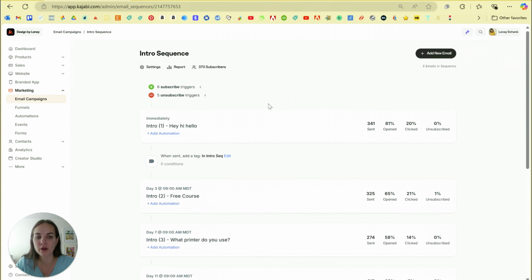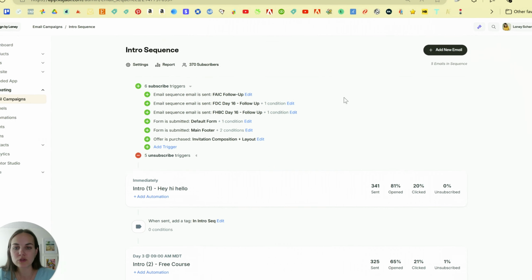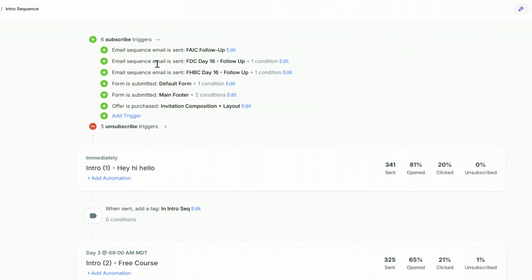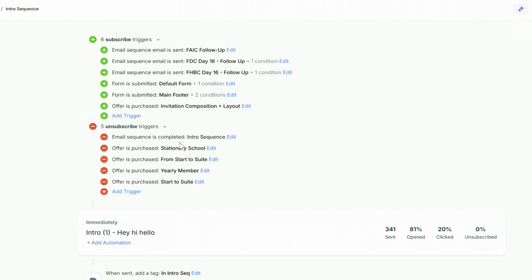Okay, and this is our actual email sequence and how we've gone through. I just want to show you what you're going to get as a report here. So we have 370 people who have subscribed to this. We have 6 subscribe triggers at this point. So we have some things like they finish out a different sequence, they submitted the default form, a different one that's main footer, they purchased one of our little freebie classes, and then we have our unsubscribe triggers, which is